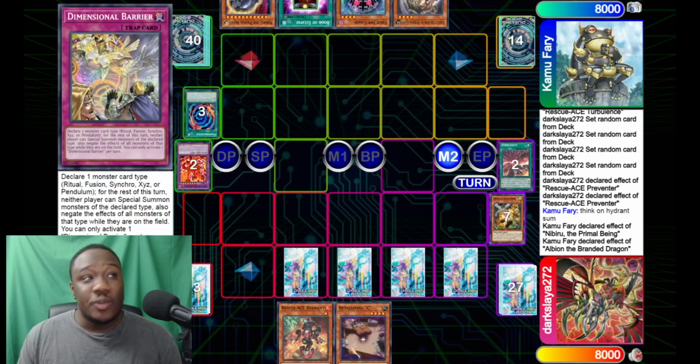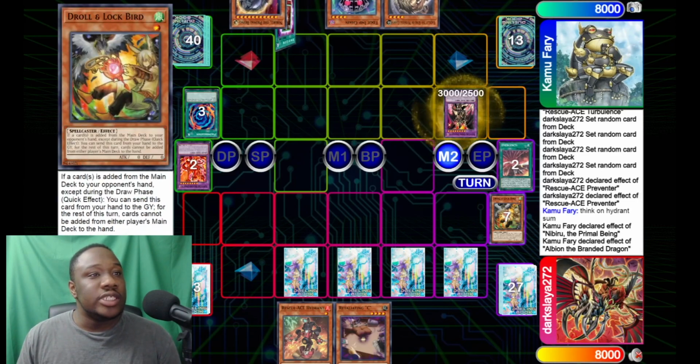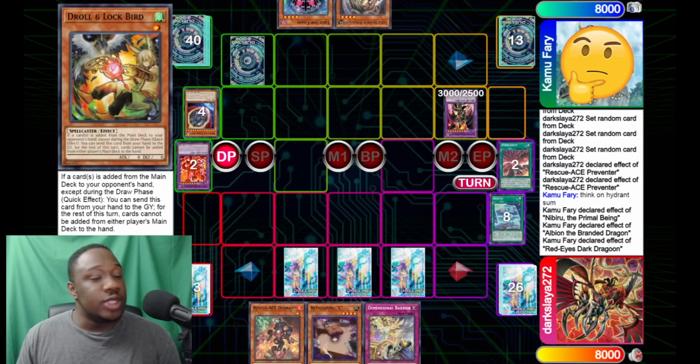Now, I could have stopped him here from making Dragoon, but honestly, I'm not actually that scared of Dragoon. Again, it's not going to be a Dragoon made properly where he can pop stuff and put pressure, and he has to keep discarding cards, and I've got enough floodgates and stuff to stop him playing each turn. So he's going to summon out Dragoon, set a card, and then end phase I'm going to do that. That forces him to discard a card,